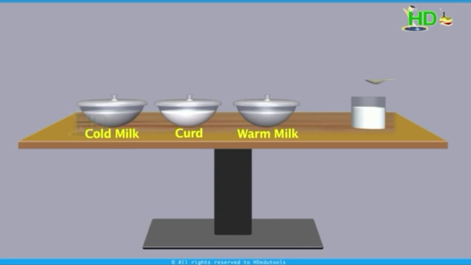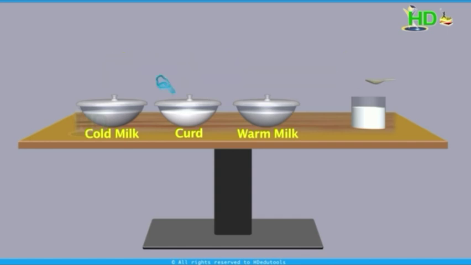The reason for changing of milk into curd is due to addition of sample curd to warm milk. Curd is added to cold milk as well as warm milk, but only the curd added to warm milk converted milk to curd. To bowl 3, no curd is added. To bowl 2, we added a sample curd. The adding of sample curd to the milk helps to grow some kind of bacteria in it and enables conversion of milk into curd.